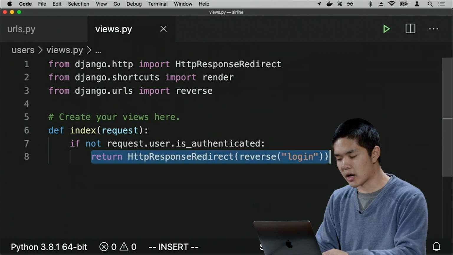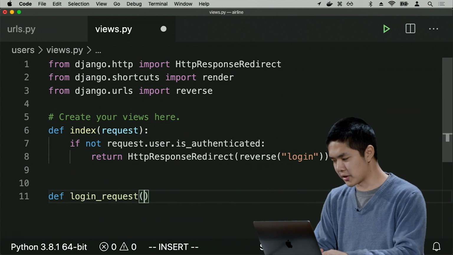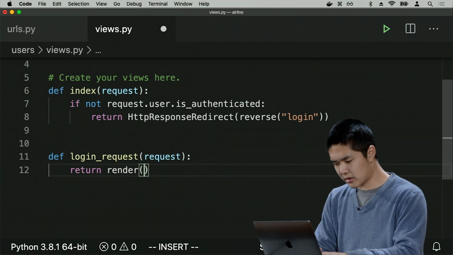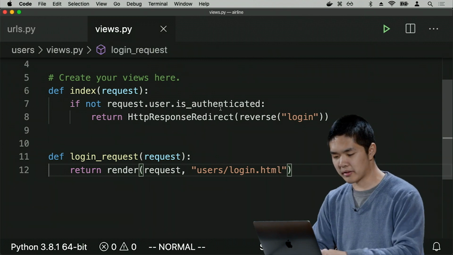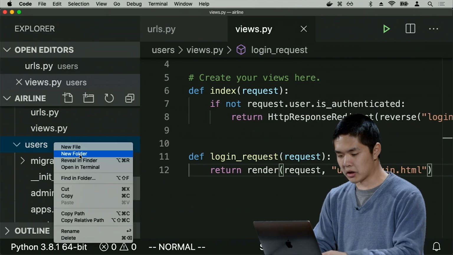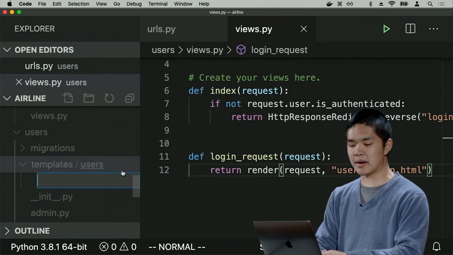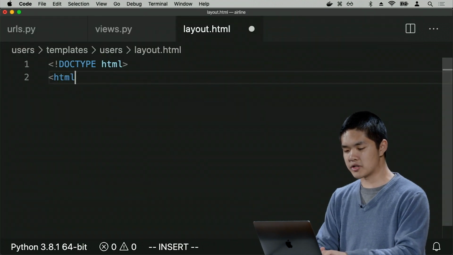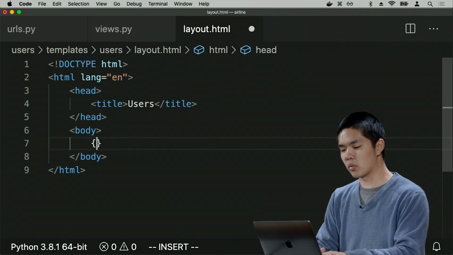So if the user is not authenticated, then we're going to redirect them to the login view, where what is the login view going to do? Well, the login view for now, let's just go ahead and render users/login.html, some form where the user can log themselves in. We'll need to create some templates. I'll create a templates folder, inside of which is a users folder, inside of which we'll just create a basic layout, as we've done multiple times now. This is, again, going to be the general structure for pages in this app. Title will be users. And the body will just have a block called body